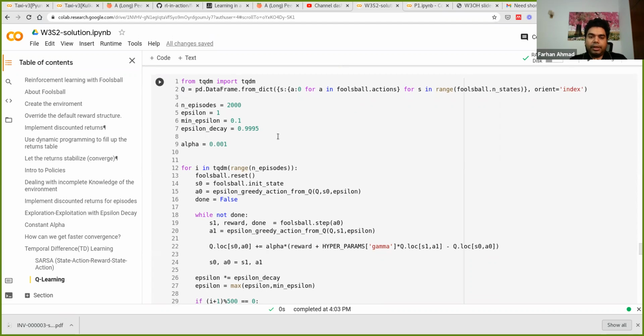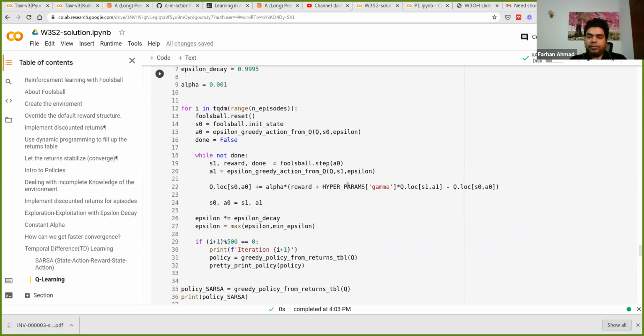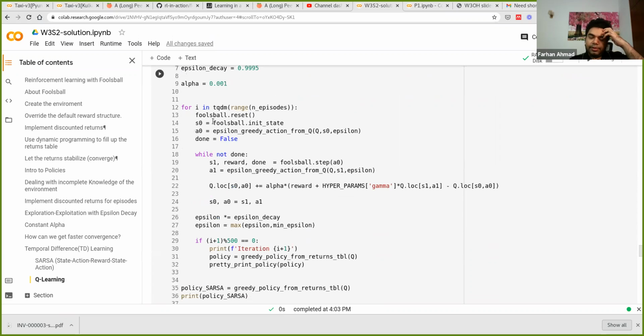I'm going to come back to the hyperparameters, but in terms of the training loop, there isn't much of a difference. We are now starting with a state, and